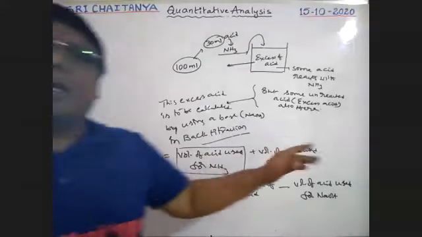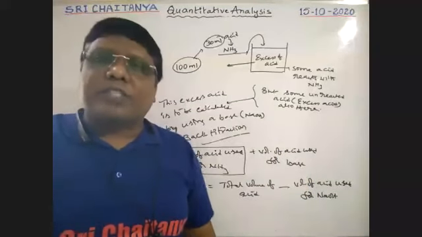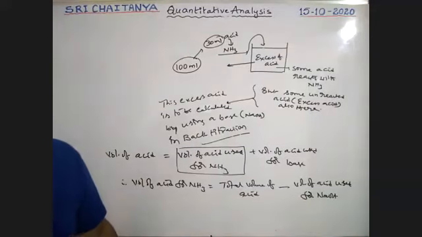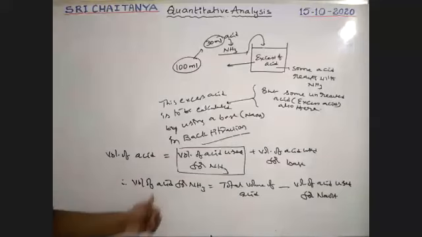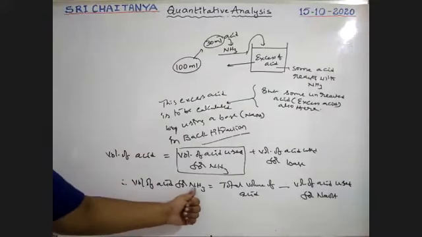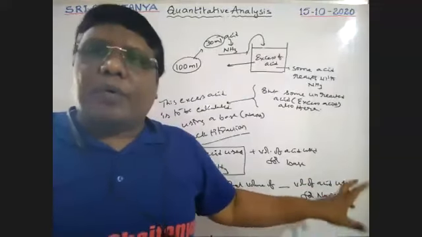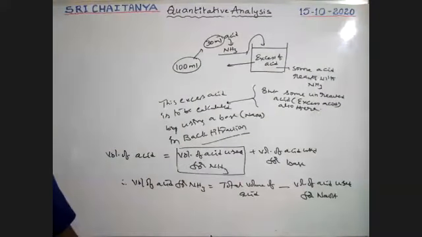So this is the theory behind finding the volume of acid. Is this clear? Now I am taking a problem based on this. Please wait, at that time you should conclude and confirm the concepts. So volume of acid used for ammonia is equal to how much is total taken minus how much is used for NaOH. Subtract those two values, and finally we will get the volume for ammonia. So this is the theory, boys.